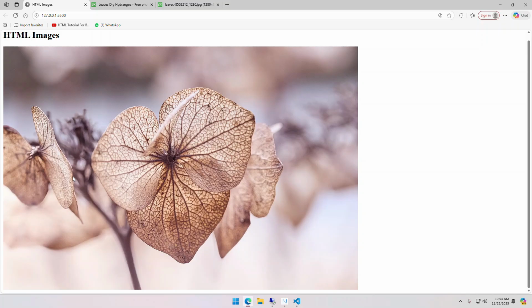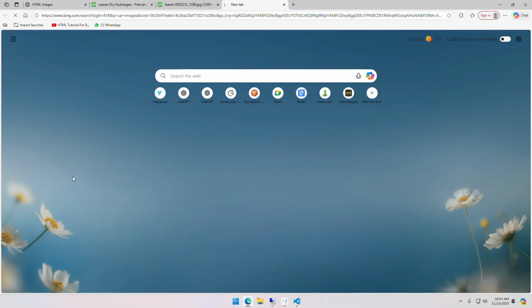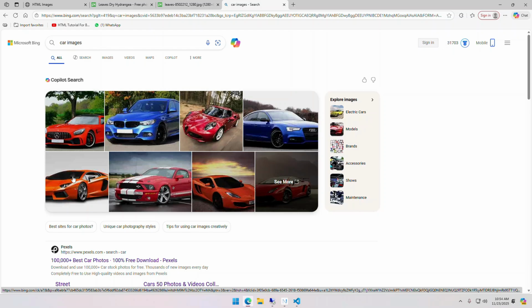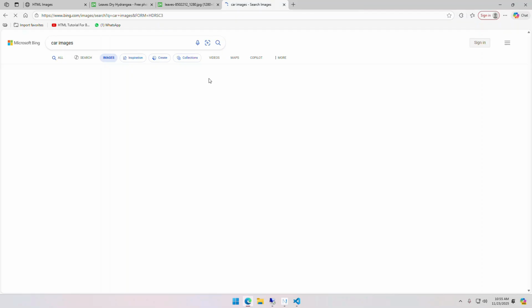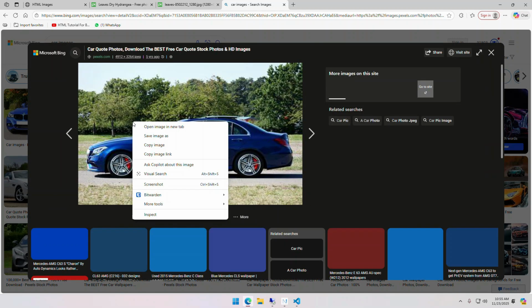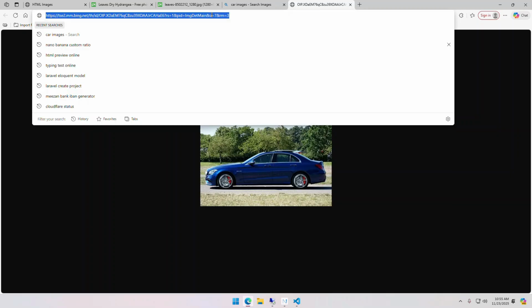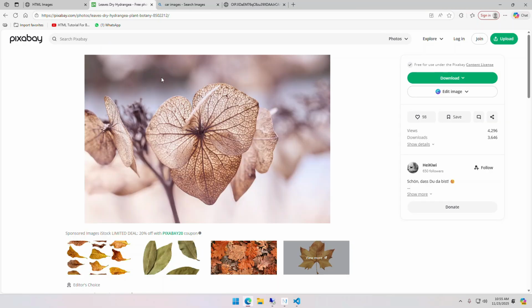Now let's try using an image from Google Images instead of using a special website like Pixabay. I am going to search for something like car images. We have a variety of images here. Let's go to images, select any image, and I am going to follow the same procedure. Right click the image and select open image in new tab. It's opened. We just need to copy the URL again, just like we did for Pixabay. Simply right click any image, select open image in new tab,